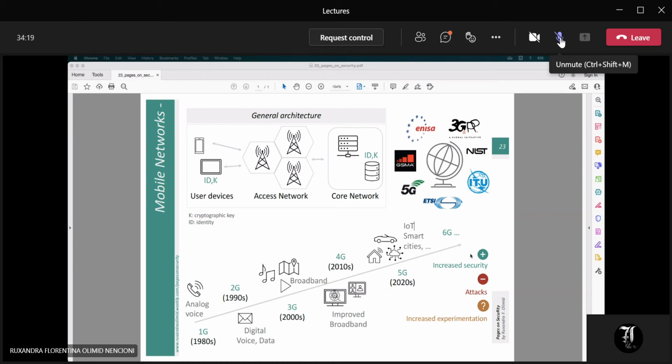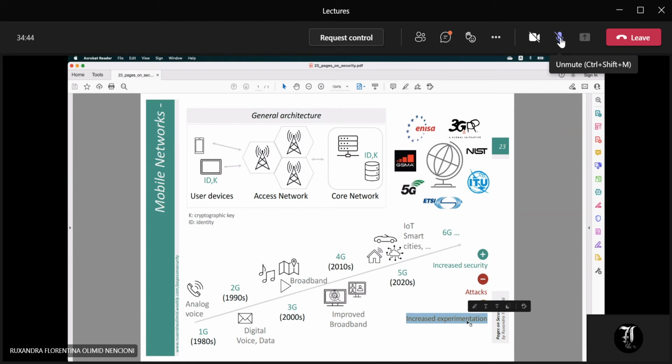Once we move along, we have increased security. We still have a lot of attacks, so don't think 5G is not prone to attacks. As I was saying, it is. And then we have increased experimentation, which might be good, which might be bad. And we will see that. In what sense am I referring to that? I'm referring in the sense that